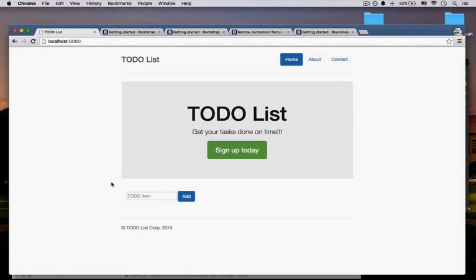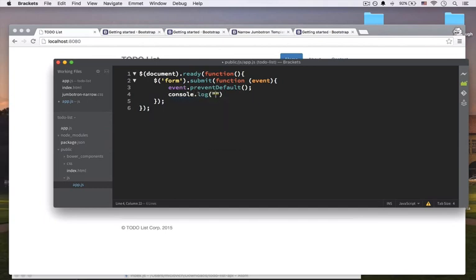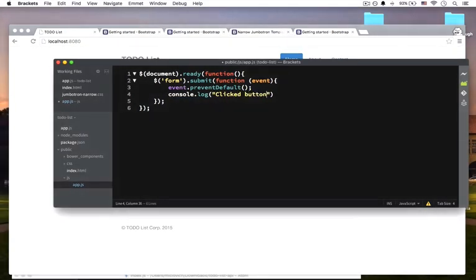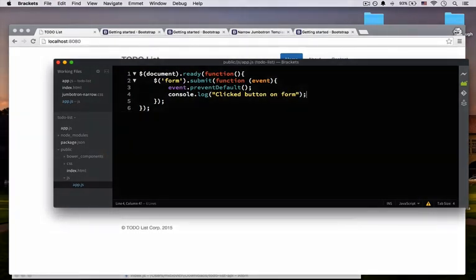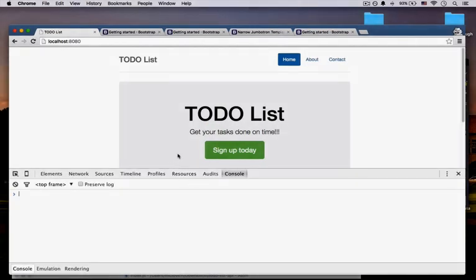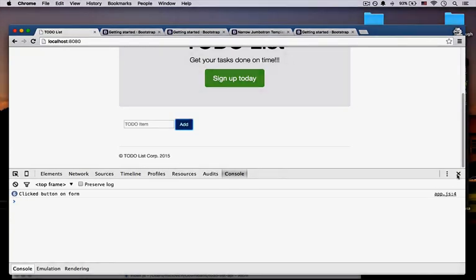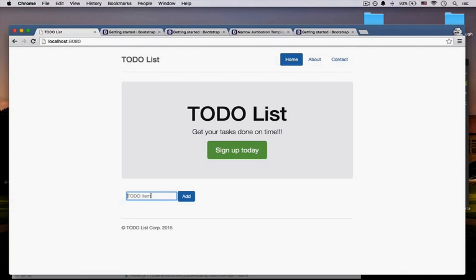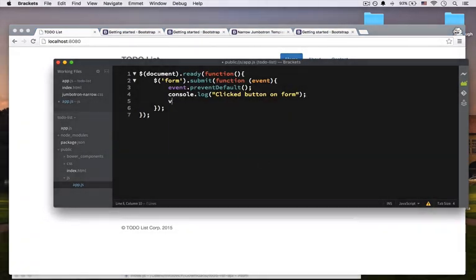When we refresh and click that, nothing should happen, right? Although we could log it and see that it's actually working. You can say "clicked button on form," and when we save and refresh and open up our console, scroll there and click, the button will be clicked, and so on. But we need to be able to get data here, the item that we shall then later on send. So we'll store that item to doItem,